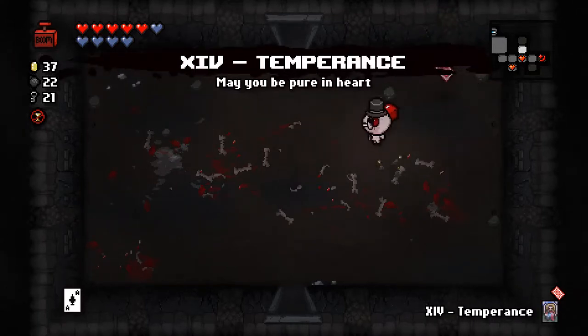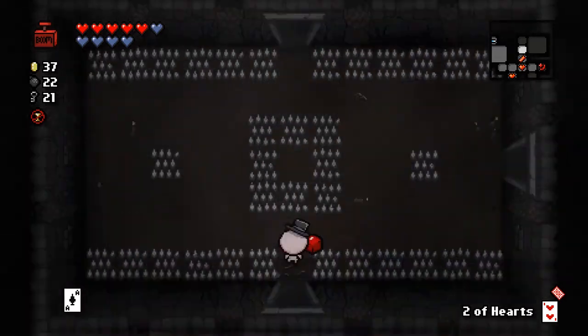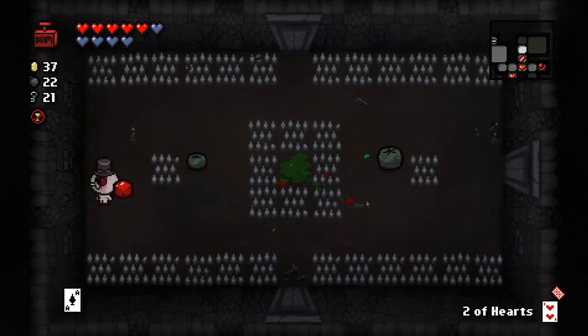Temperance spawns a blood donation machine, so with all of the 2 of hearts we can make very good use of that. I'm not sure exactly how we want to do so though, because all we can really get out of a blood donation machine is a...